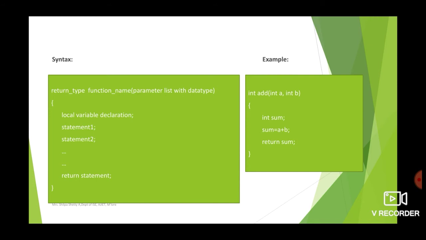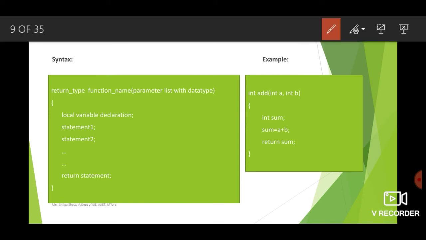So first we write the return type here. Return type, as we discussed, is nothing but the type of value the function is returning. It tells what type of answer the function is giving. For example, what is the sum of 10 and 20? The answer is 30. It's an integer. Which college are you studying in? You are studying in AJIET. So it's a string. Which section? C section. So it's a character.